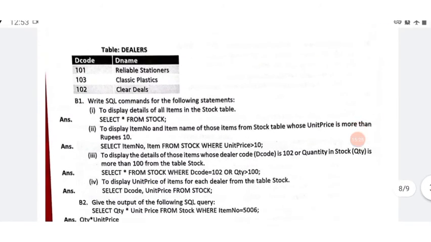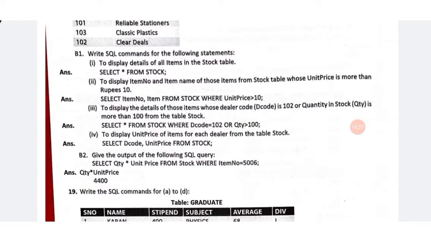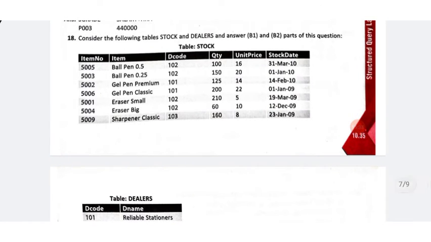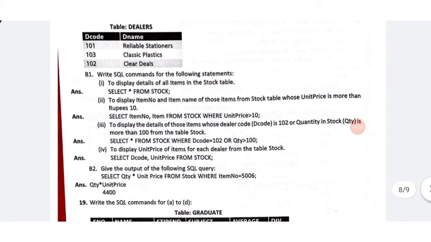But here there is given a condition that item number is equal to 5006. So we have to just find the output for only this particular row, that is item number 5006. So for the 5006 you have to just multiply this 22 into 200, that is 4,400. That is the output is